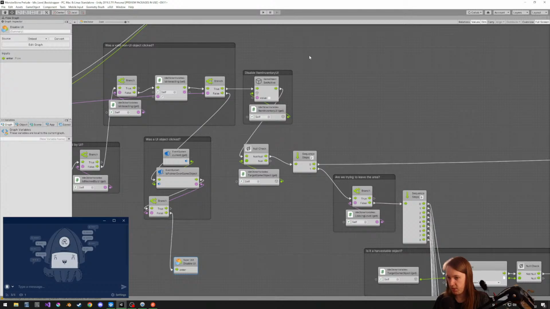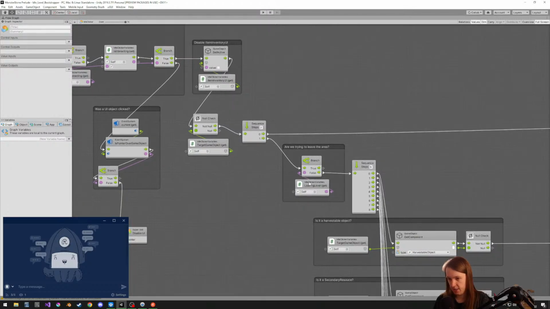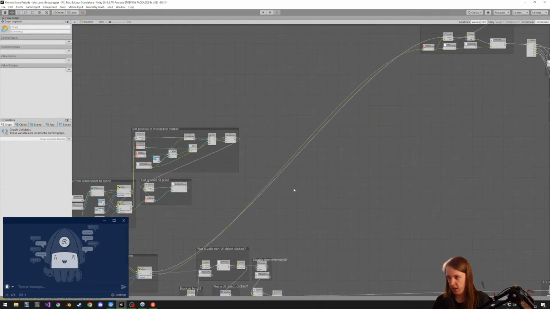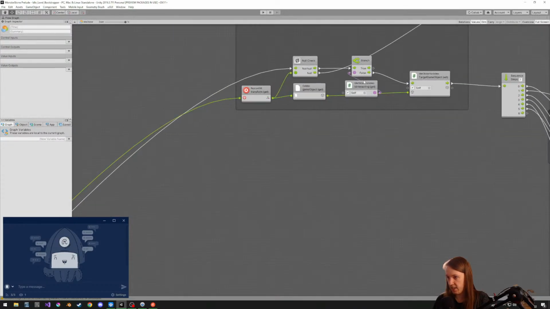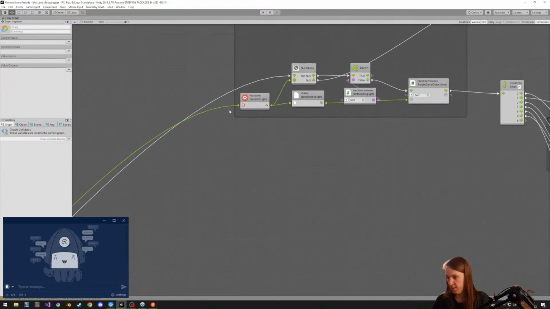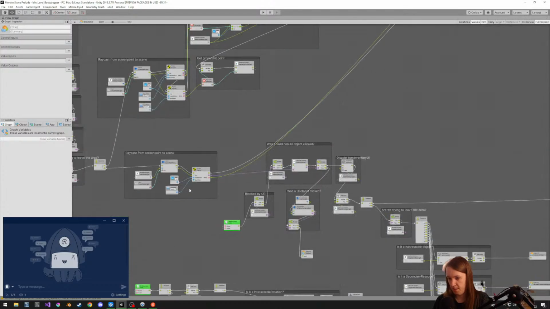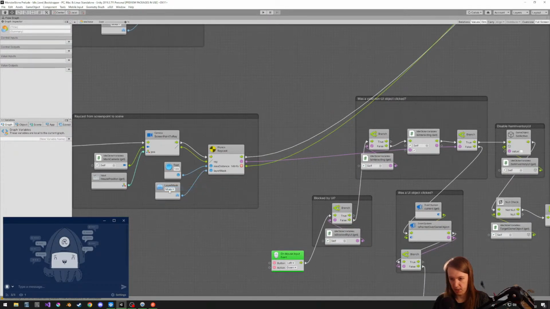Disable item inventory UI. This is a relatively new thing because the item inventory is a work-in-progress mechanic. And then here, target game objects. So this is like, okay, are we looking at something in relation to this, where we do have a valid target, for instance. And the reason why is because